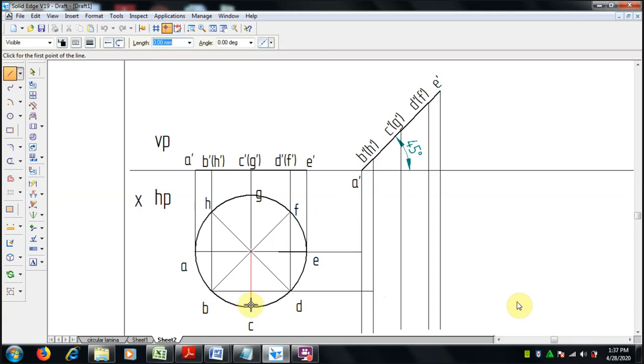To draw the top view, we have to project from the plane which is inclined, the front view. So try to catch the end points so that it will be correct.